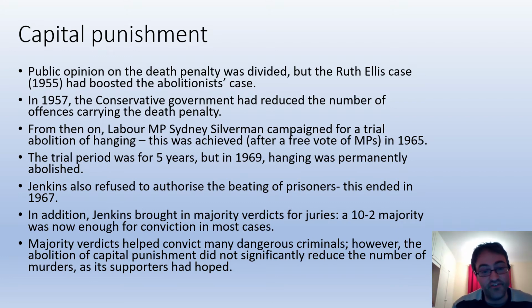One other thing that Jenkins did was, up until his period as Home Secretary, in order to convict people in a crime, you had to have a unanimous verdict. All 12 members of the jury had to agree. Jenkins changed that. He brought in majority verdicts, the system that we still know today. And in most cases, from then on, it was a 10-2 majority, or of course an 11-1 majority that was enough to convict. And what that helped, particularly when it came to organised crime, was that a lot of dangerous criminals who might not have been convicted in the past were now